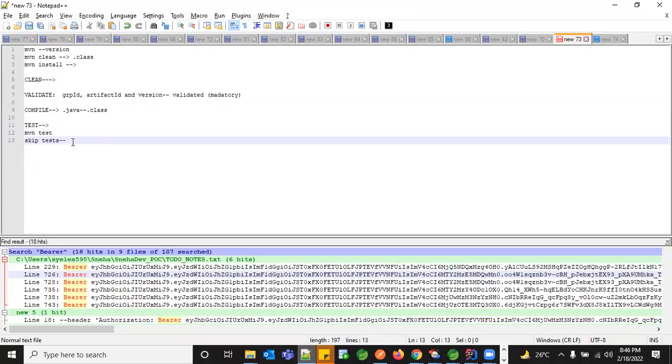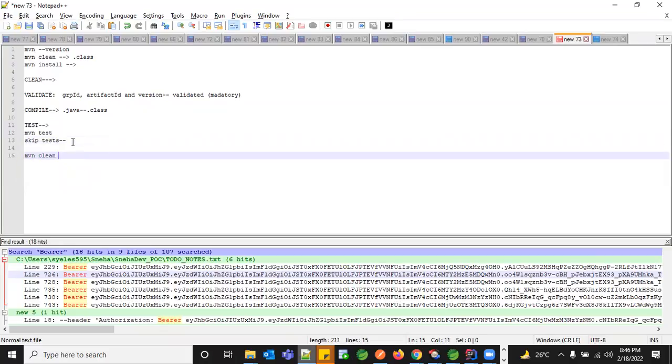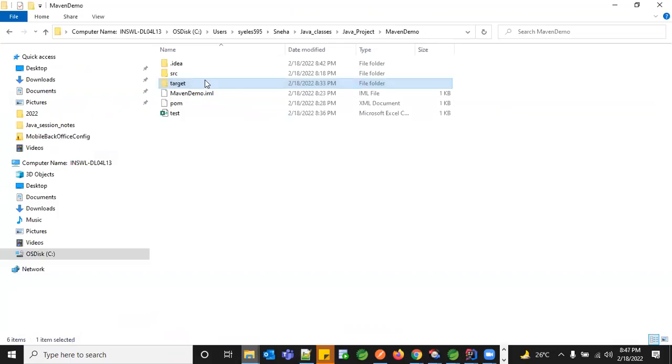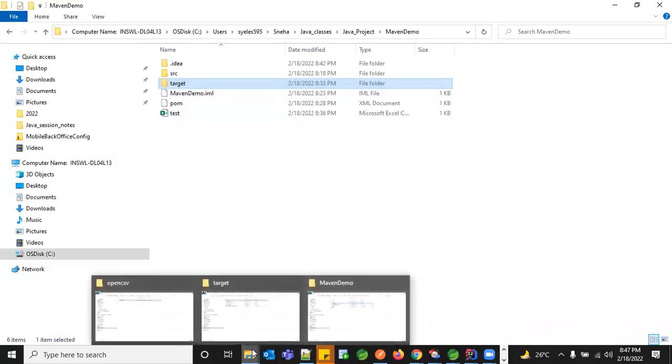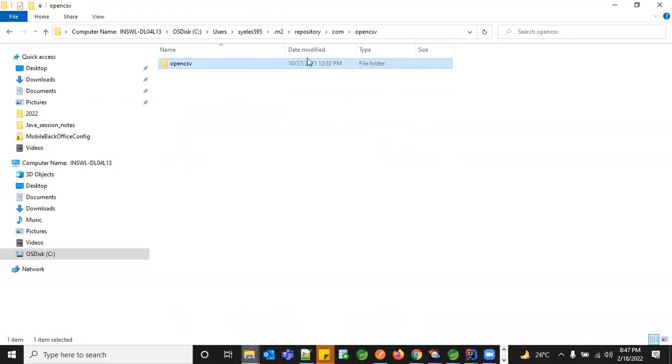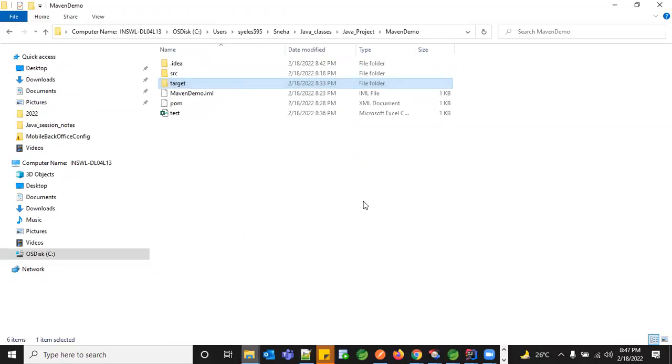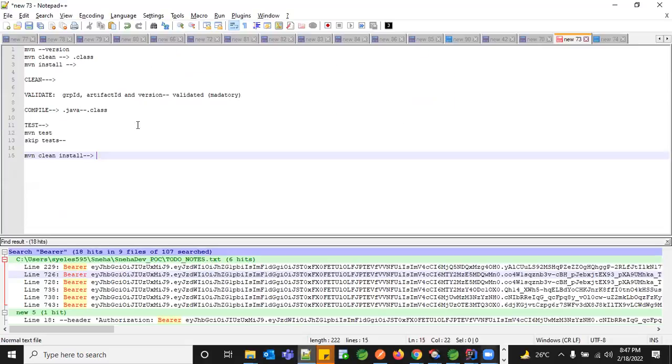So the main thing is the Maven clean install. It cleans the entire target folder. All your new packages, if you want to download some dependencies, the latest ones which you have added through pom.xml, will be installed. And once that is done, you have to build your package. So in this installation, it executes your test cases, it executes the new packages, and then it also deploys, and it gives you the final jar. So it's like a single command which does everything.